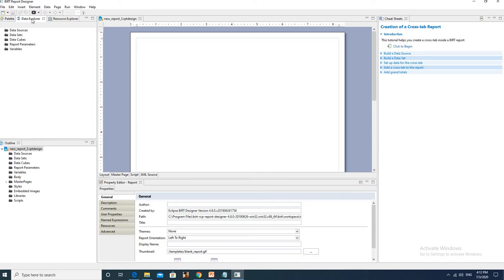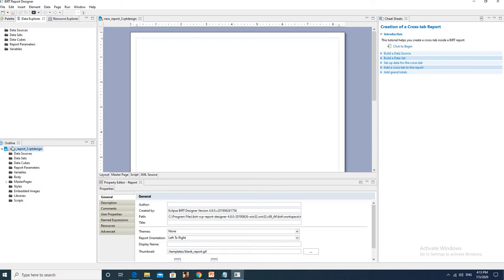Next is Data Explorer. It contains data sources, data sets, data cubes. Data source defines the connection to the database. Data set is the same as a record set and allows the user to navigate through query results. Here you can add the data cubes. And report parameters are used as an interface for report parameters that can be passed to a data set.